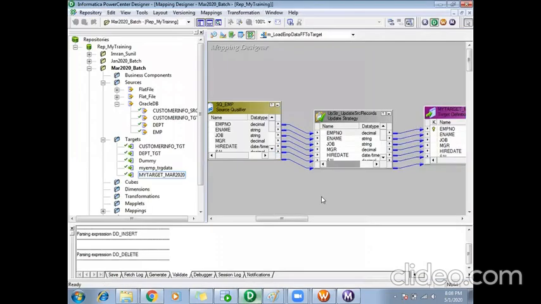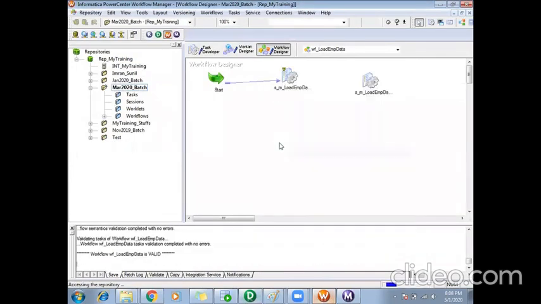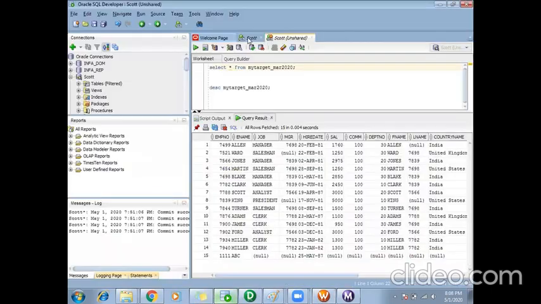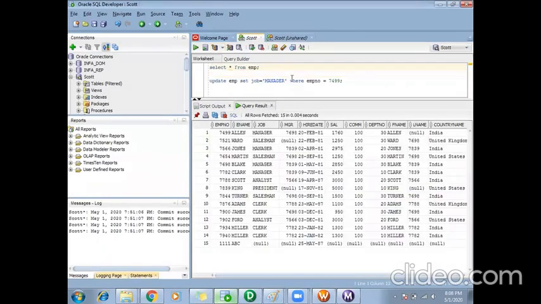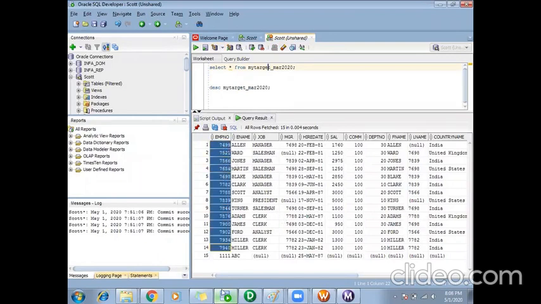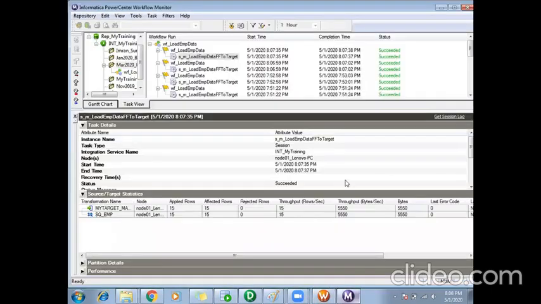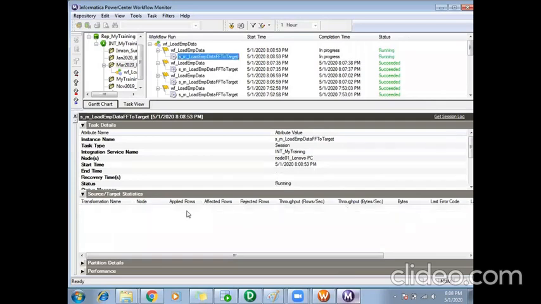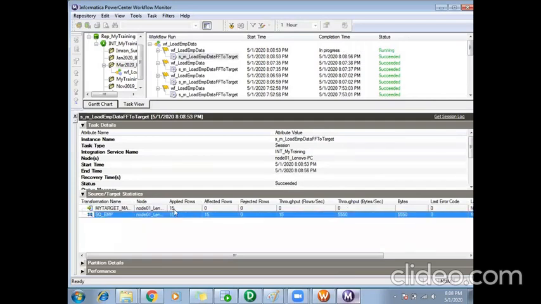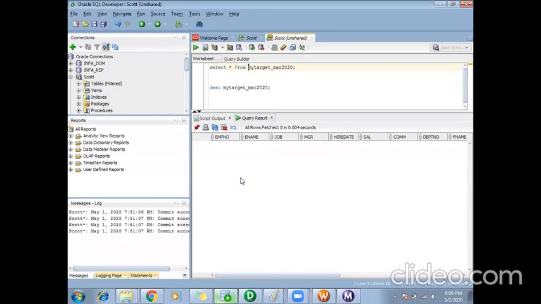apply, okay. So if the records already exist, they will be deleted. What I'm trying to do, this is my source emp data. The same data is already loaded to my target. So I'm saying delete. If the records already exist with the same employee number, it will delete them. If I run it, the records are taken from source, loaded to target, everything got deleted.